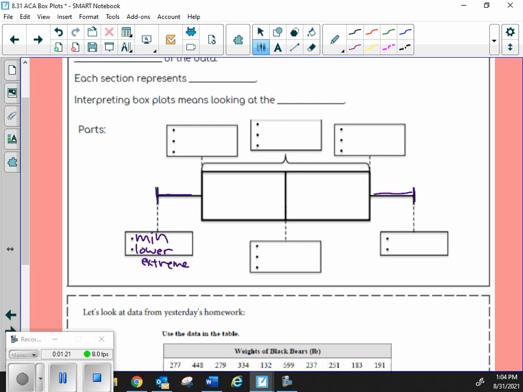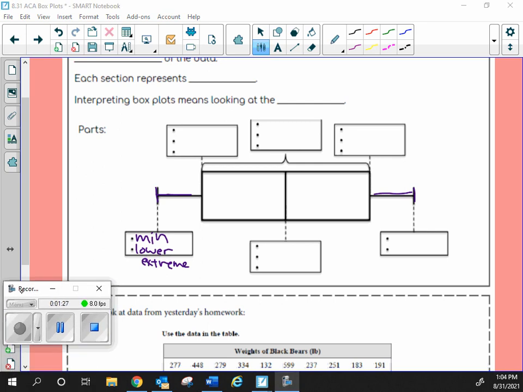Okay, you're copying along. If you're at home, make sure you maybe have these breaks or something like that. Okay, lower extreme or the minimum. On the opposite side would be our maximum. I'm just going to put the max value or, instead of lower extreme, it's going to be the upper or higher. Yes, same thing. Upper extreme. Very good. Okay. So when I cut it in the middle, the other word for middle is median. Very good. Is our median. We're going to come back to fill in those other bullet points.